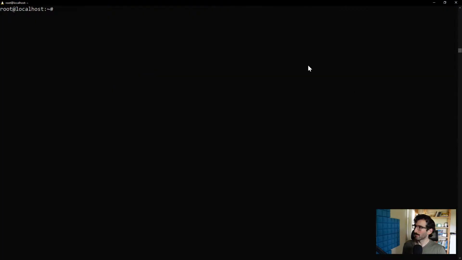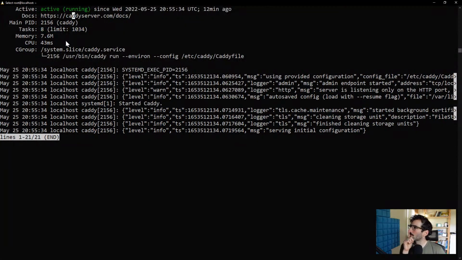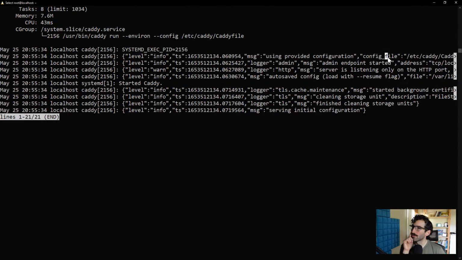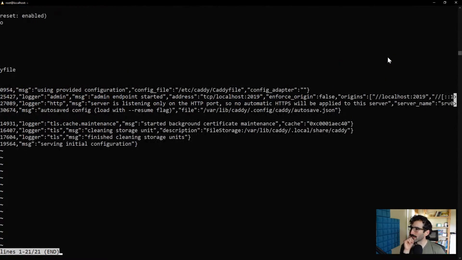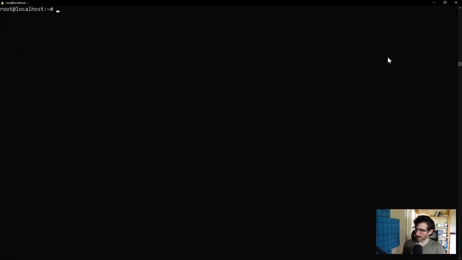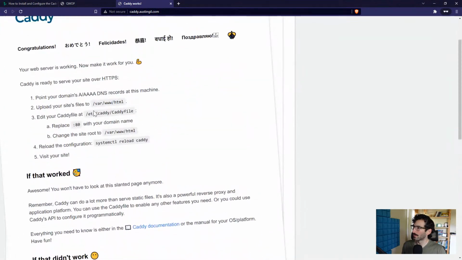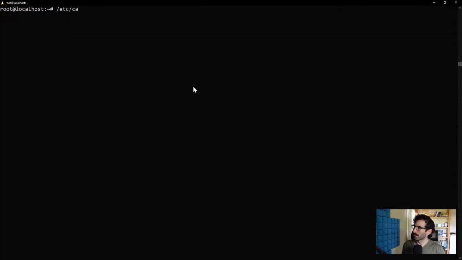Copy that. Paste that here. Okay. Loaded. Caddy service. Active running since 12 minutes ago. A bunch of information that I can't really see. Okay, let's see what the Caddyfile is saying. /etc/ what was it again? Caddy file. Caddy